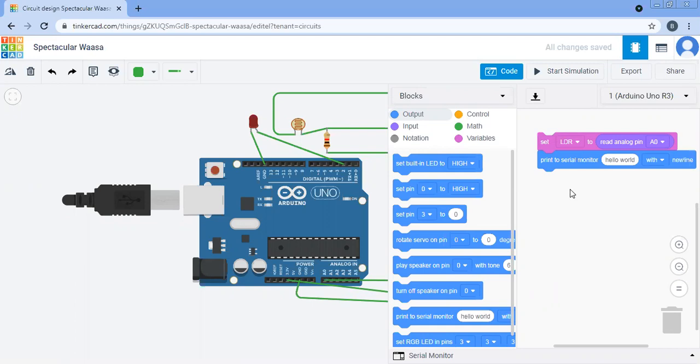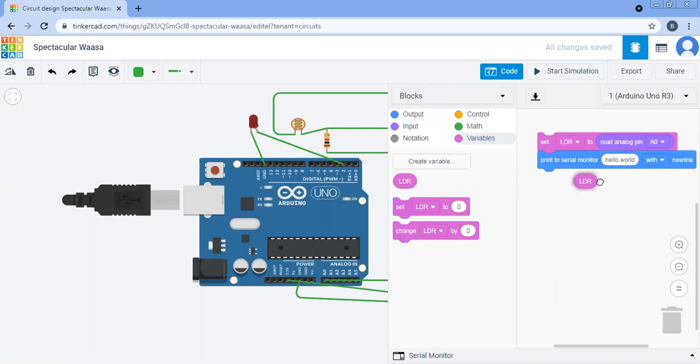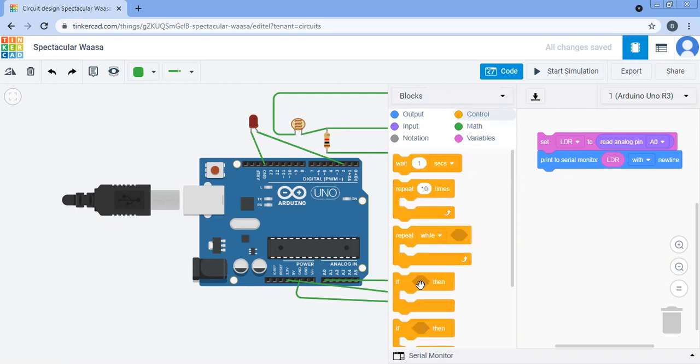So the print serial monitor. What should be printed in the serial monitor? The LDR value should be printed. So print serial monitor LDR with new line. So in the new line, it will be printed. Each value of LDR will be printed in the new line. After that,